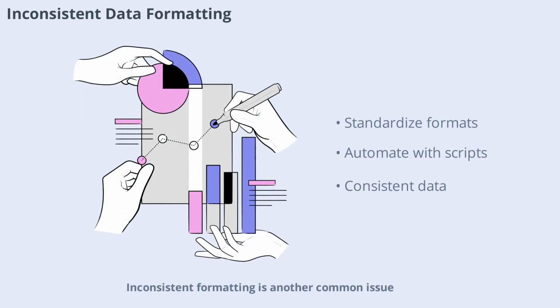Inconsistent formatting is another common issue, especially when data comes from different sources. This can include variations in date formats, capitalization, or units of measurement. Standardizing formats is essential for accurate analysis. Tools and scripts can help automate this process, making sure all data follows the same conventions and is easy to